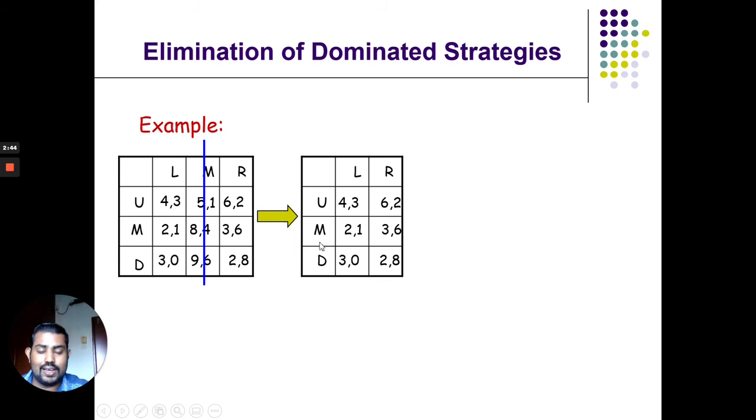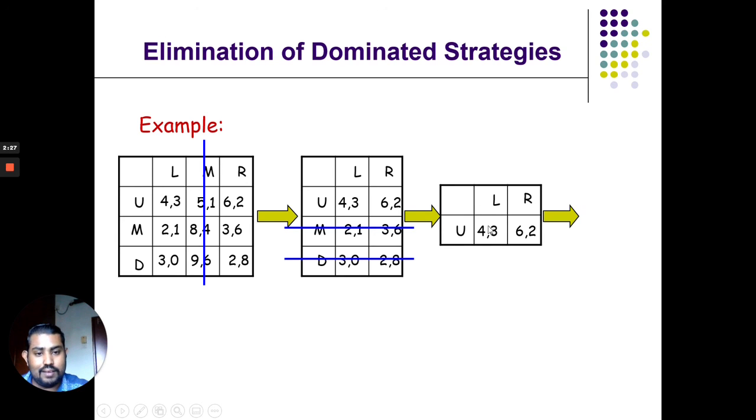If you look here, we have weakly dominated. That's why we know that we can eliminate M and D together, because 4 is more than 2 and 3, 6 is more than 3 and 2. So that's why we are left with two columns and one row. And finally, when we look back at the second column, 3 is more than 2, so definitely L always dominates R for player 2. So finally for this game, the Nash equilibrium will be U and L,